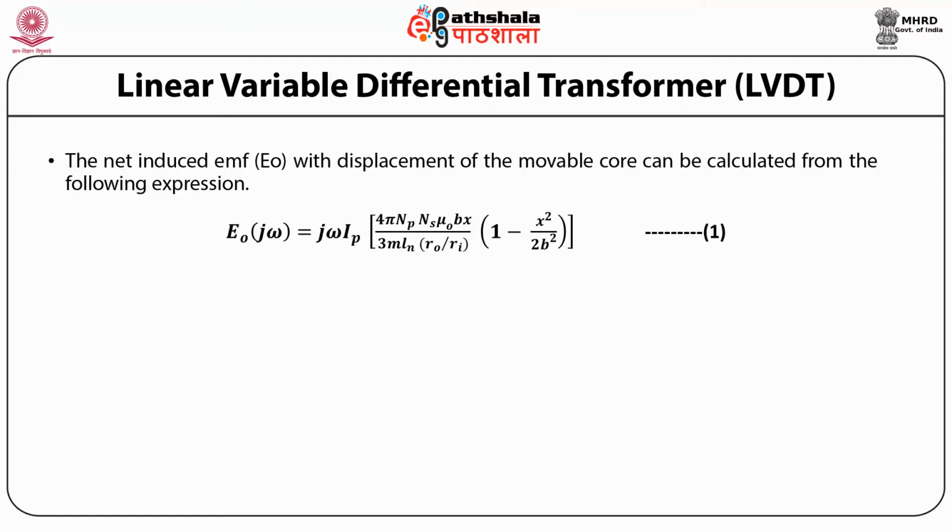This is equation 1, where ω is the supply frequency in radians per second, IP is the primary current,